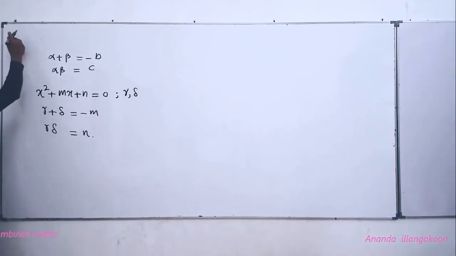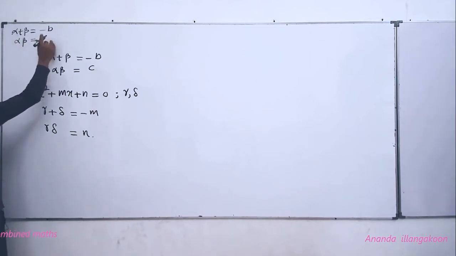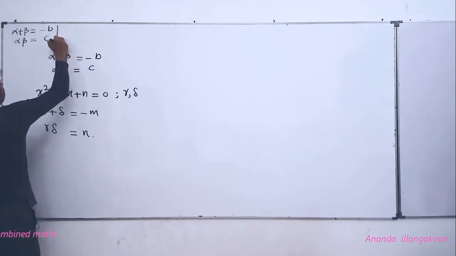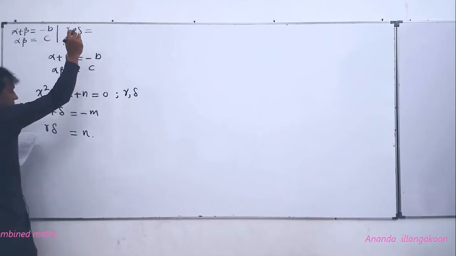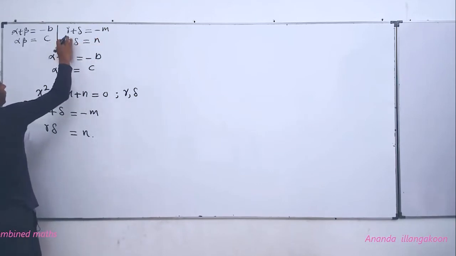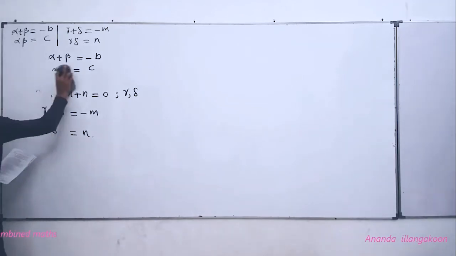Alpha plus beta is minus b, alpha beta is c, and gamma plus delta and gamma delta. Right, okay. Now given this way, show that